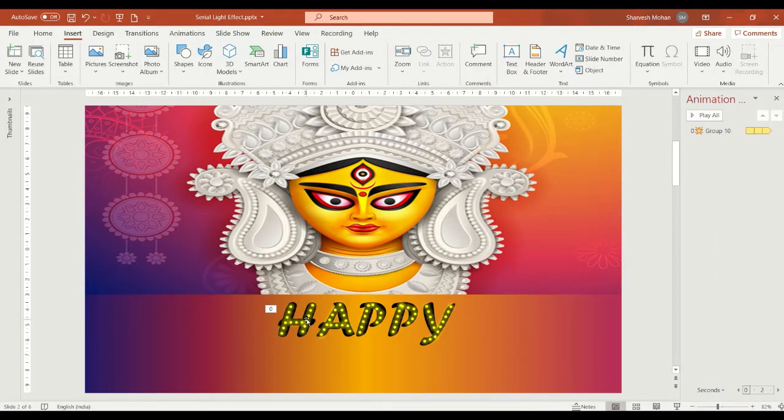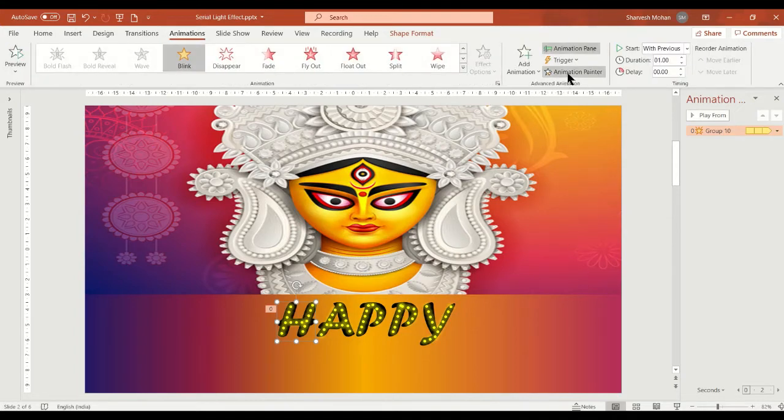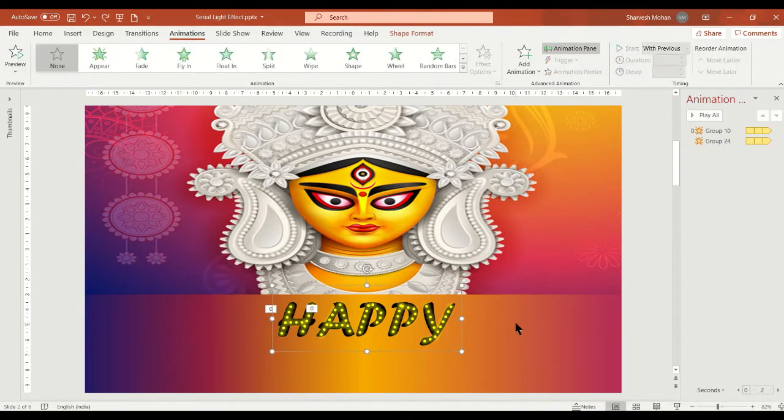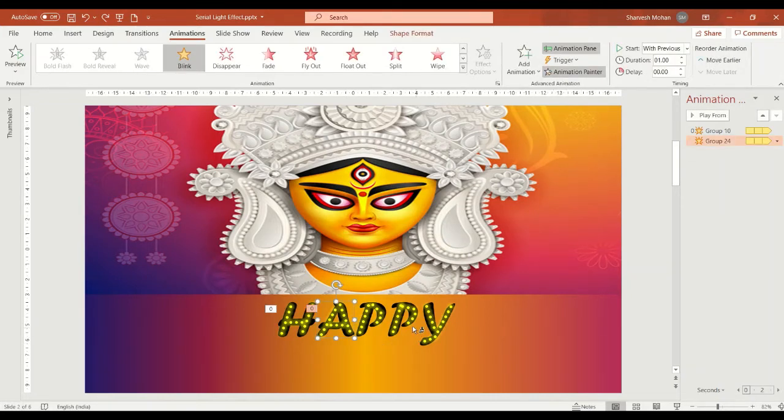Now select this, go to animations, animation painter, and select this option. Similarly, animation painter, and copy to this. Animation painter and this.